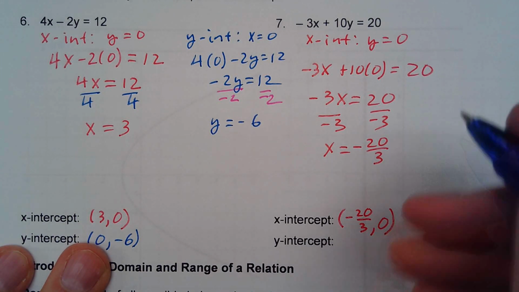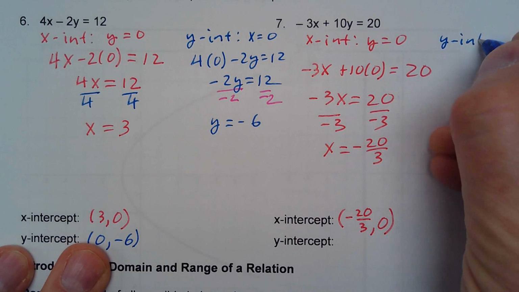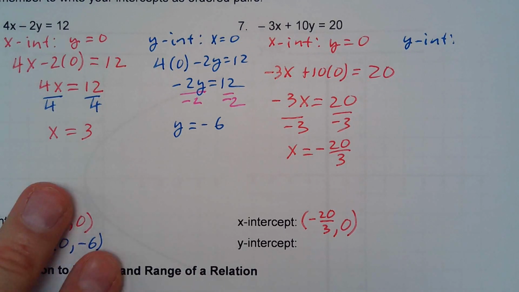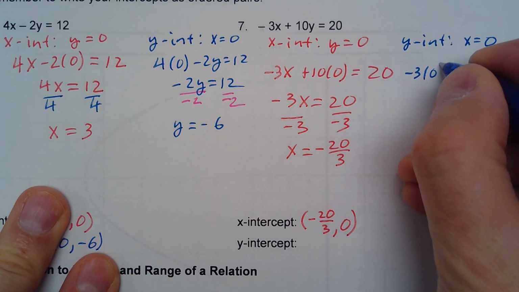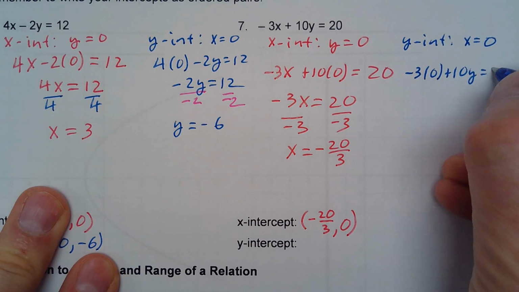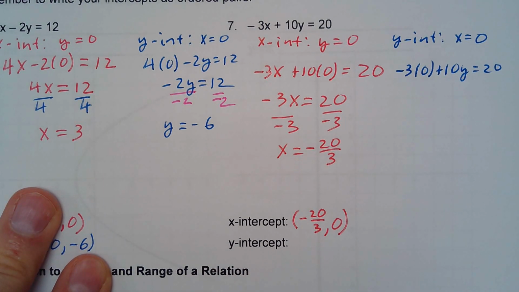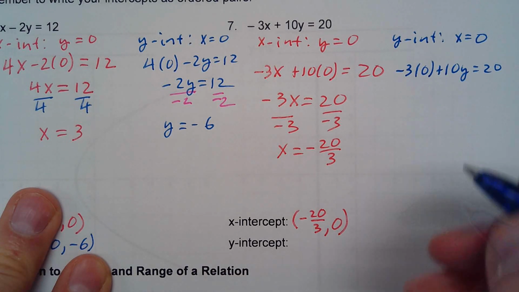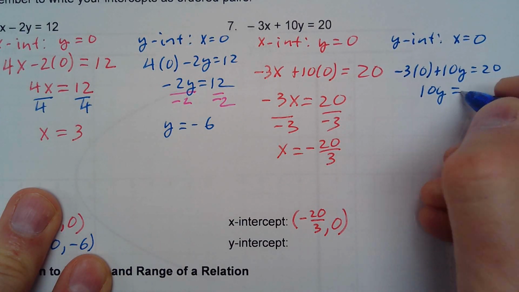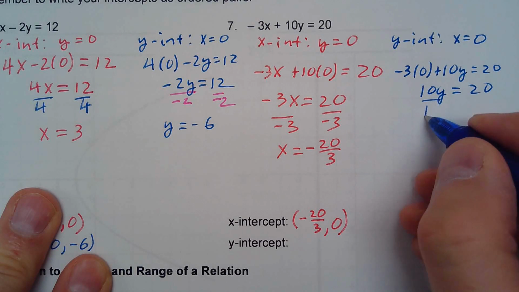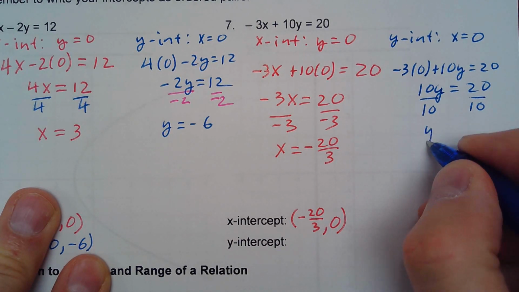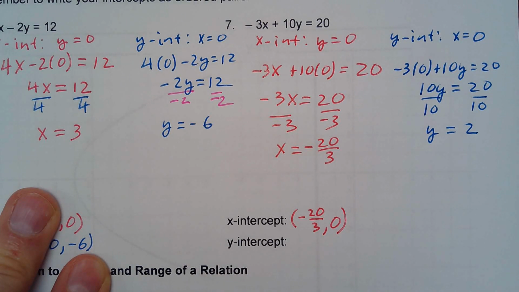Now to get my y-intercept, I'm going to set x equals 0. So just replace x by 0. Negative 3 times 0 is 0. Plus 10y is just 10y on this side. That's equal to 20. Then we need to divide both sides by 10. This is y equals 2. So our y-intercept is the point 0, comma